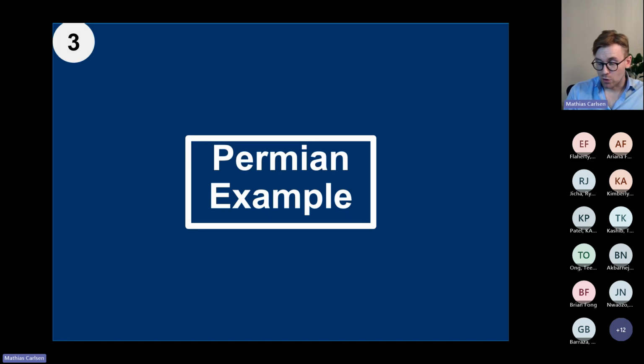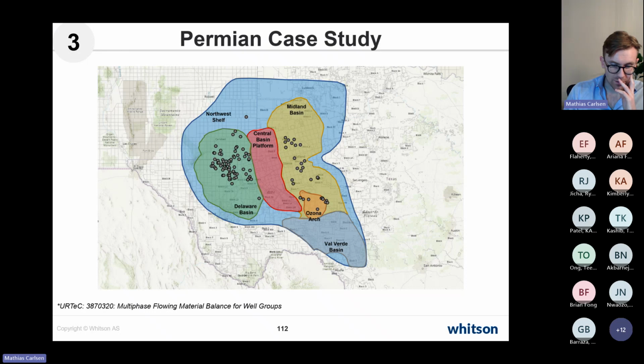If we applied this to the Permian, as an example in the field, then we actually don't know what the answer is. So maybe the safest is to actually just do both methods. Maybe that's not a bad idea. So in the Permian, you have a